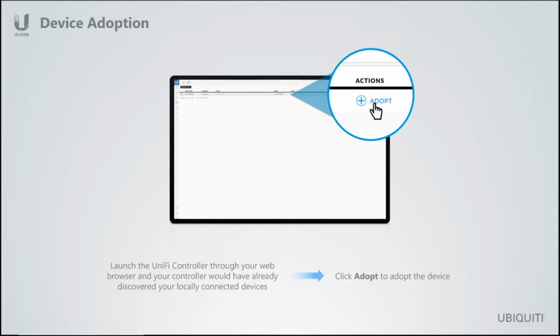All you need to do is adopt a device. When we talk about adopting a device, we're basically pushing all the settings from the controller to a particular access point or a UniFi device, which could be a switch as well as a UniFi security gateway. Adoption is a process of taking on board a particular device onto the UniFi network. So when you have a UniFi controller online and you add additional devices, those devices will automatically show up